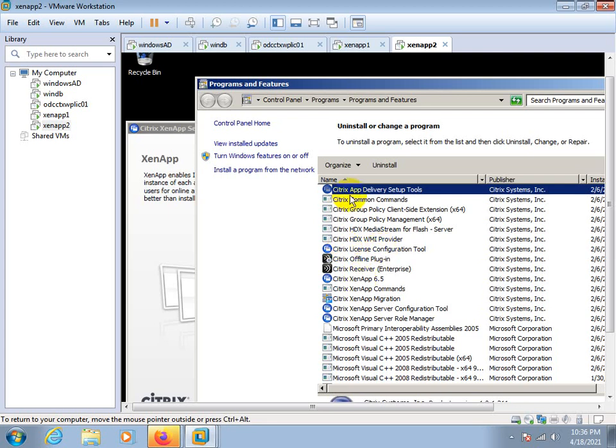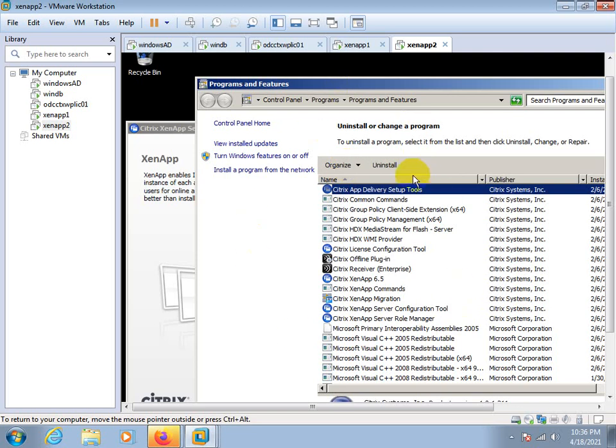Hello, yes guys, sir, am I audible? Yes. So after that you have to remove the components from here, whatever components start with Citrix. Once the removal is done, you need to restart the server, and after that you need to install the VDA agent on this server.